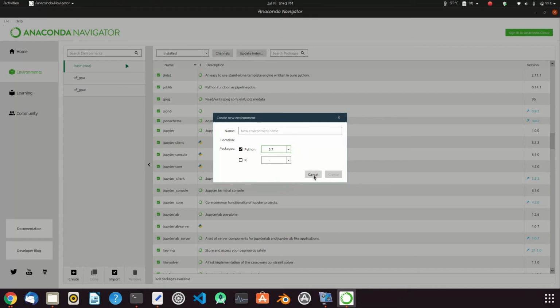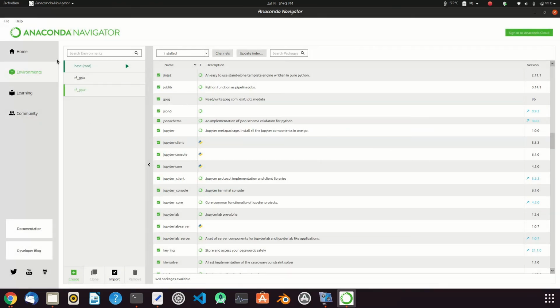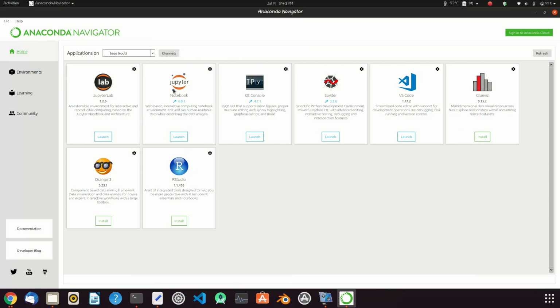That's it. Jupyter Notebook. It has various applications, various packages like JupyterLab, Jupyter Notebook, Qt Console, Spyder, VS Code, Glueviz, Orange,